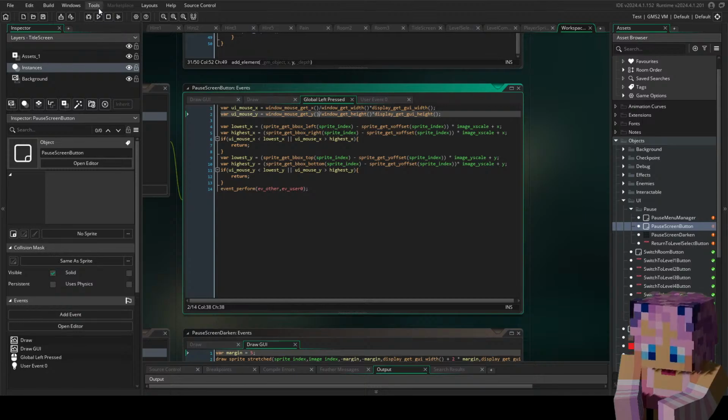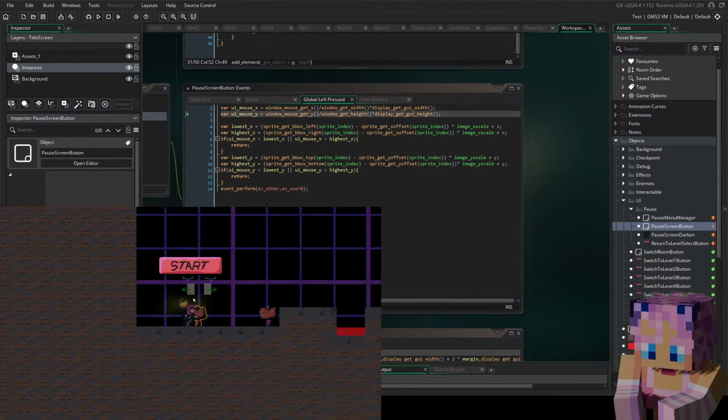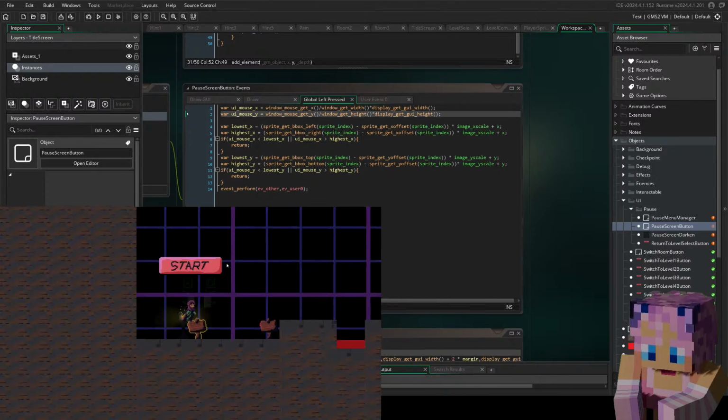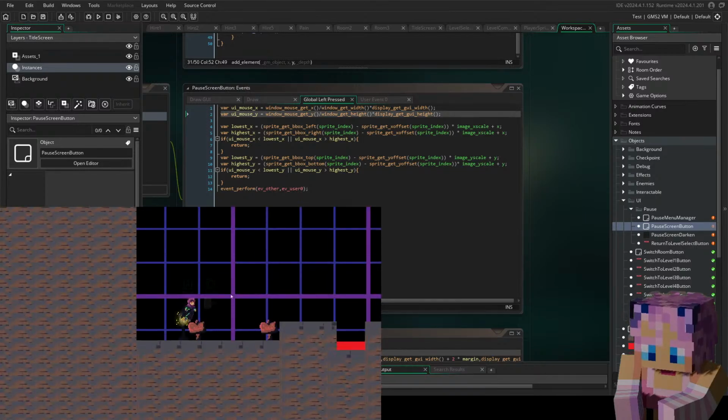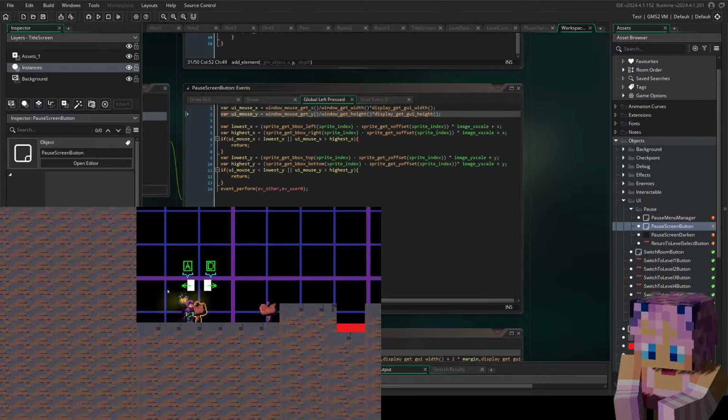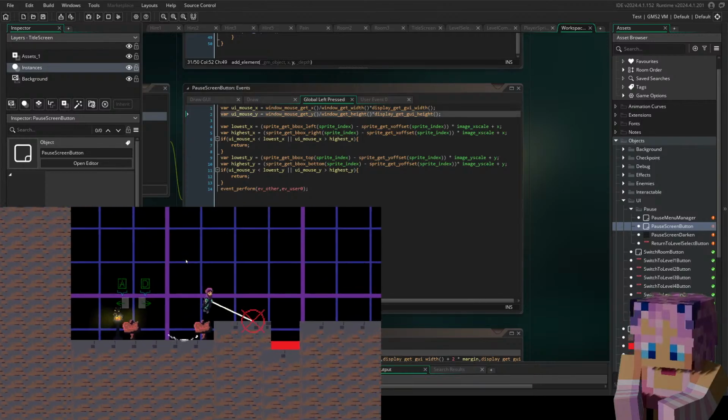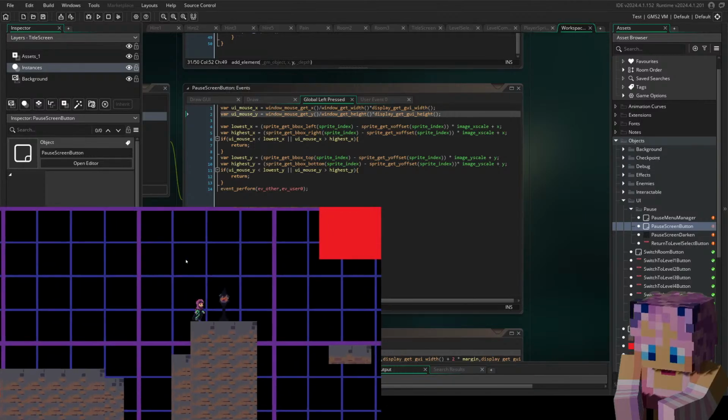Okay, that should be mostly fine. Keyword being should. I'm pressing it, I'm pressing it. Press, press, press. There we go. So that looks like it's working. Now, to verify if it's actually working, I need to actually